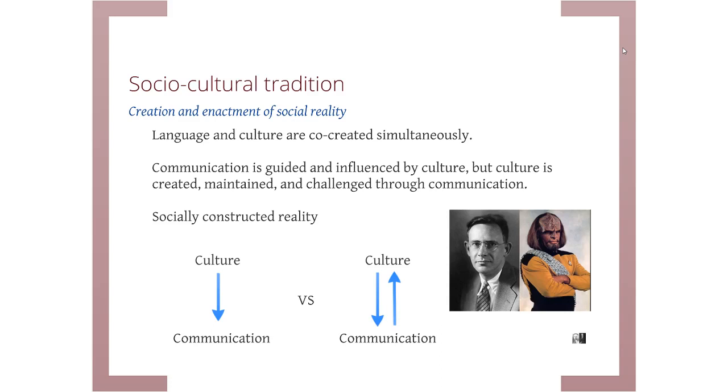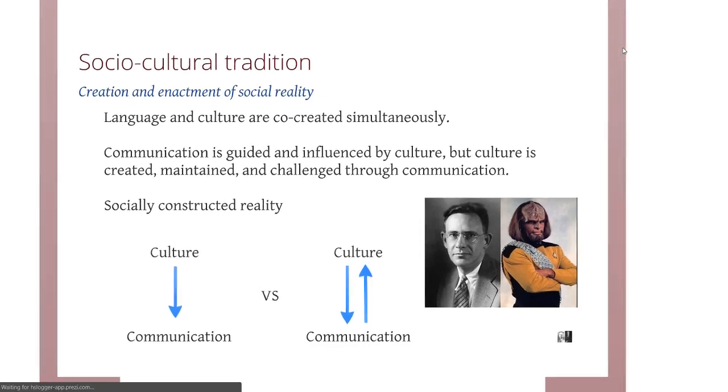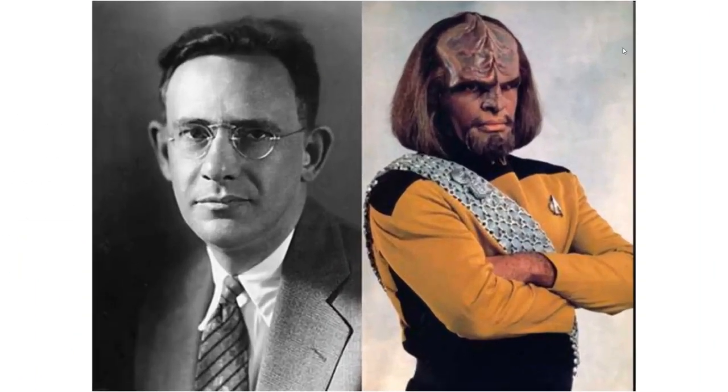So culture is not some sort of monolithic, static thing that just affects the way I speak, but instead the way I speak affects culture as much as the culture that I am affects the way I speak. And so that two-way transactional street changes the way that we construct our realities. And this is the interpretive camp where we get that notion of socially constructed realities. One theory that comes out of that, a very famous one, is the Sapir-Whorf hypothesis.